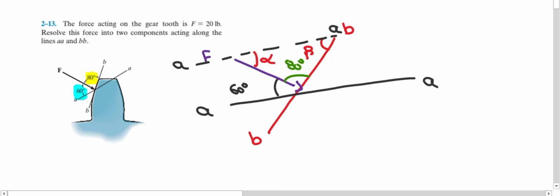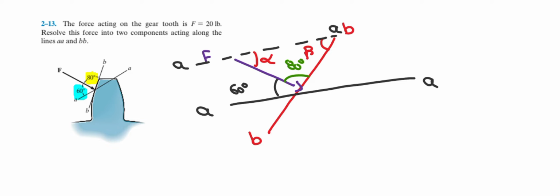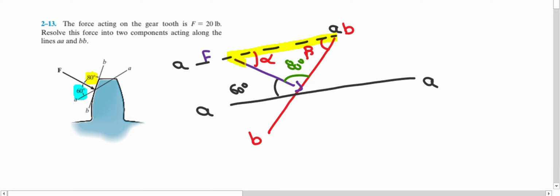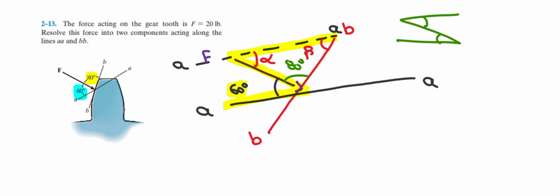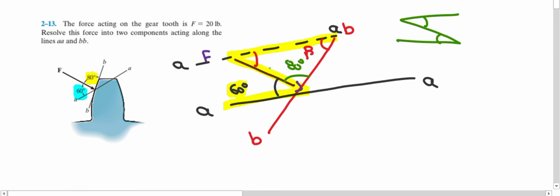If you look carefully into the diagram, find the Z alphabet. And if you are confused to find the Z alphabet, please click on the link which appeared on the top right of the screen. So this is basically our Z alphabet. We know that in the Z alphabet, these two angles are always equal. So if this is 60 degrees, the value of alpha is also 60 degrees.